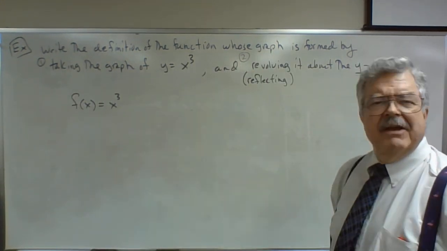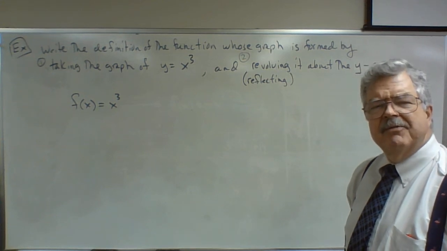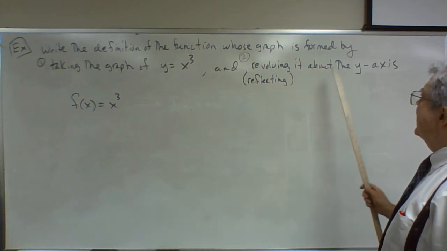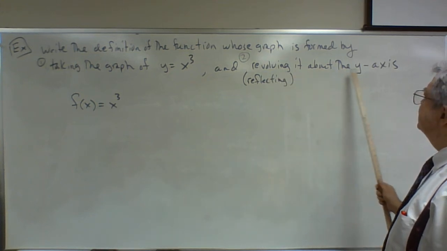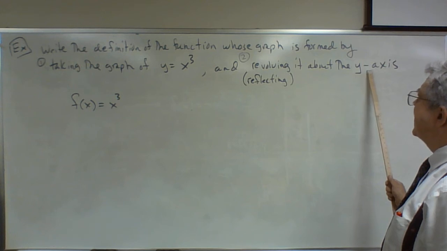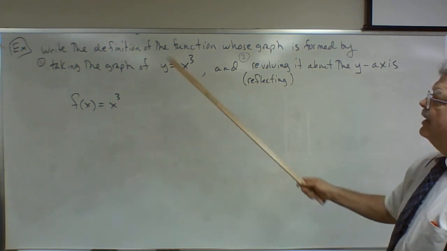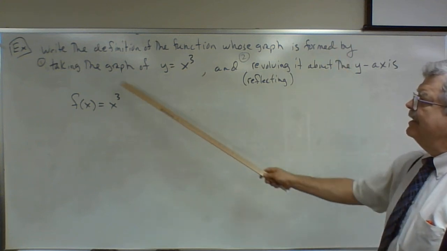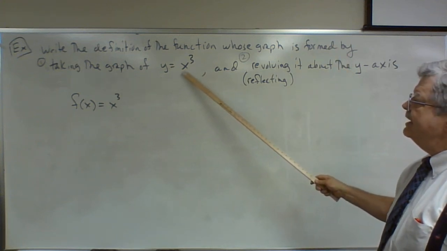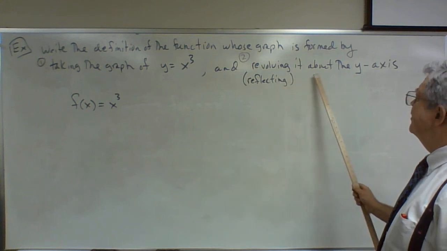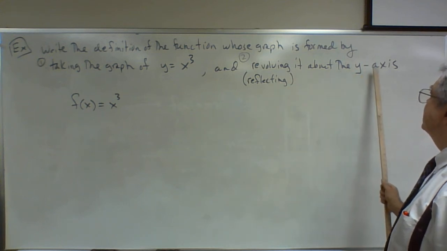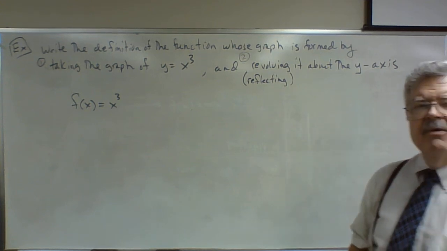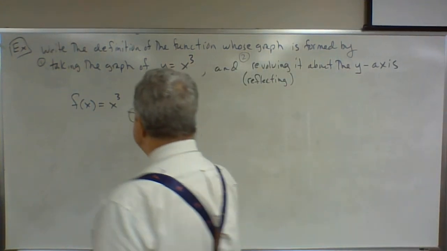I'm not sure we've actually seen one like this before, so maybe we should do it now. And it has to do with revolving something about the y-axis. Write the definition of the function whose graph is formed by taking the graph of y equals x cubed and revolving it or reflecting it about the y-axis. If we revolve about the x-axis,